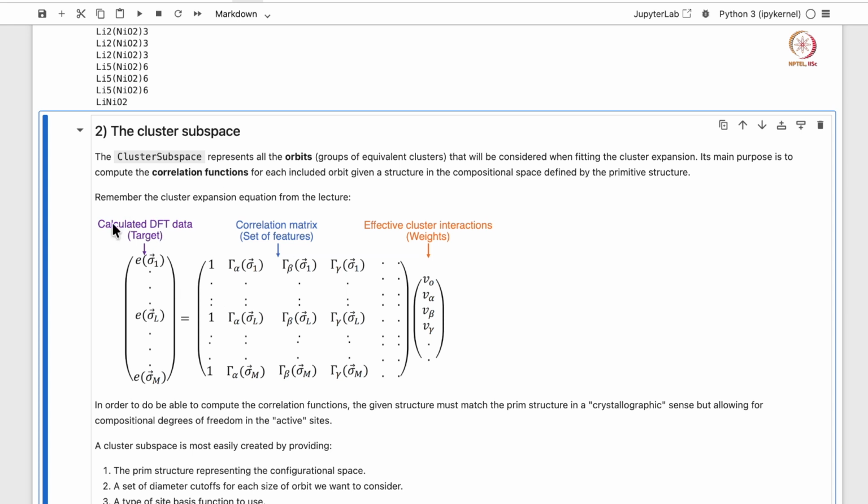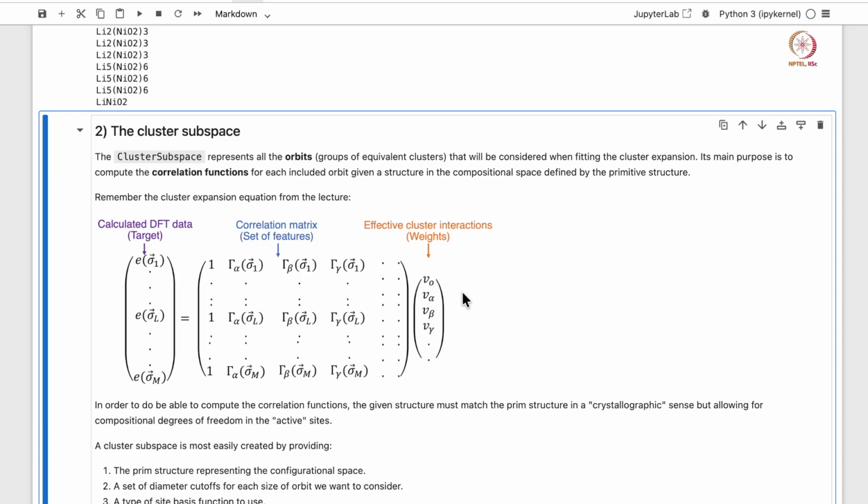So we have this calculated DFT data, which represents maybe formation energies. We have this correlation matrix of our system, and we have the effective interactions. Those are weights. As you can see here, this CE model is actually a machine learning model, which is linear.